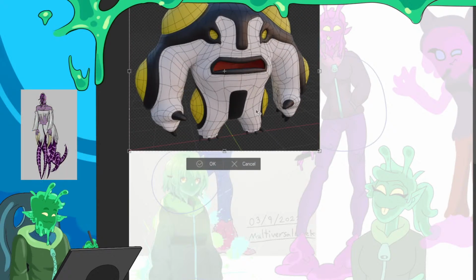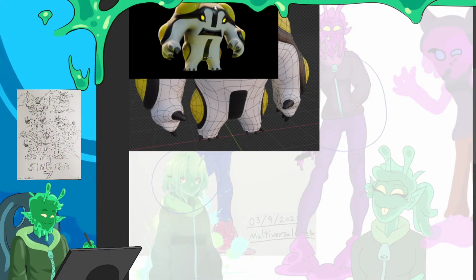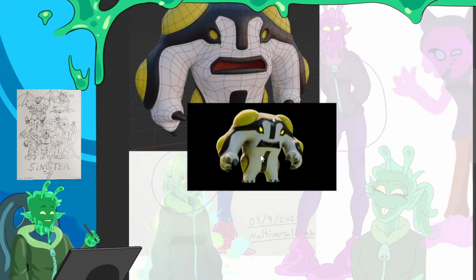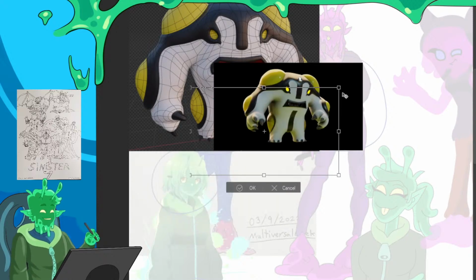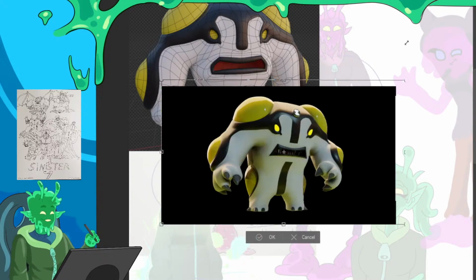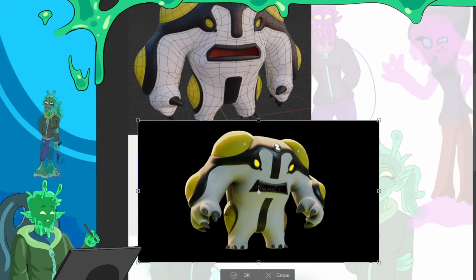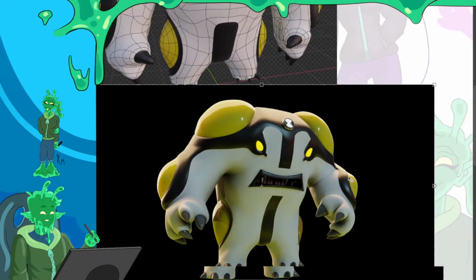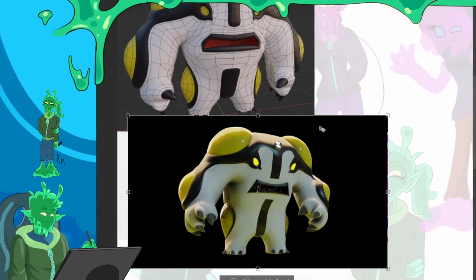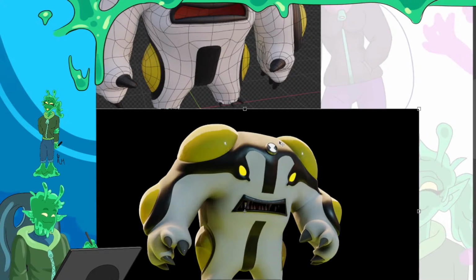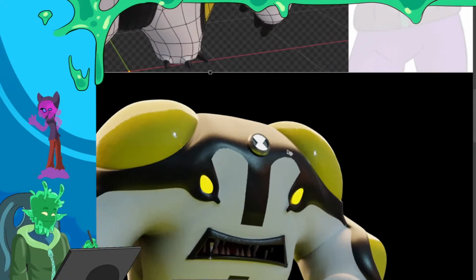He was hella inaccurate. For reference, I'm gonna pull up the other one just so that we can compare here. I had him change the size and shape of the eyes and the bulbs on the head and the mouth for sure. And we did so many little tweaks. The toes we spent like a whole hour on. You get the tweaking. I don't want to talk about the stupid toes.